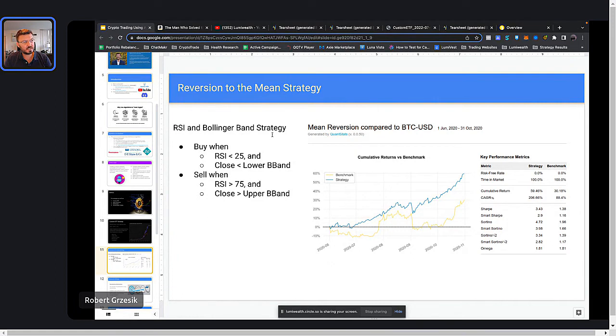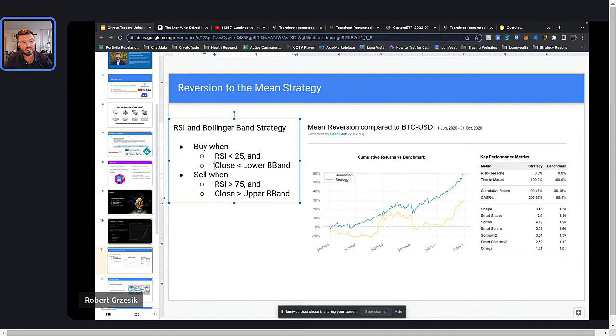There are different flavors of these types of things. You can modify this if you want to. You can even use machine learning to make this smarter if you wanted to, and we show you how to do some machine learning in this class. But basically, it's going to buy when RSI is less than 25. If you don't know what RSI is, it stands for Relative Strength Indicator. It is one type of technical indicator that you could use on stocks or options or whatever. When RSI is low, it means things are probably oversold. So that's why we're saying if it's lower than 25, we might want to buy.